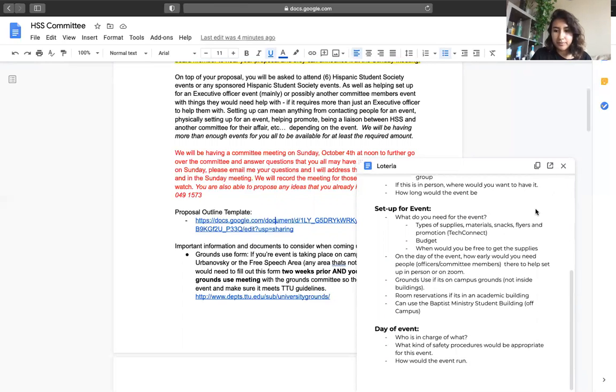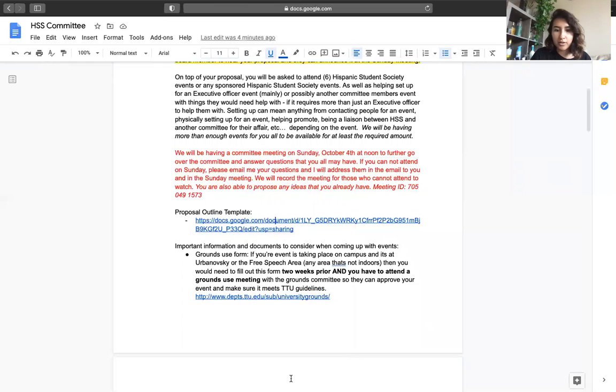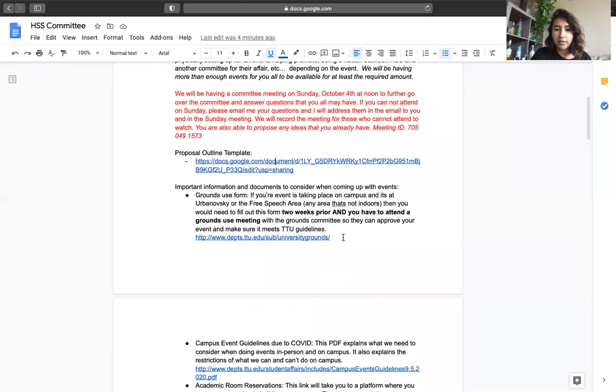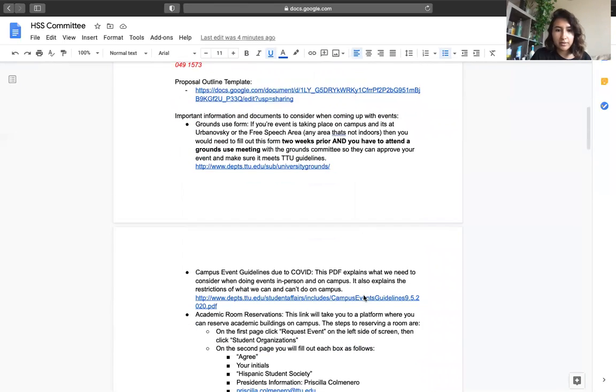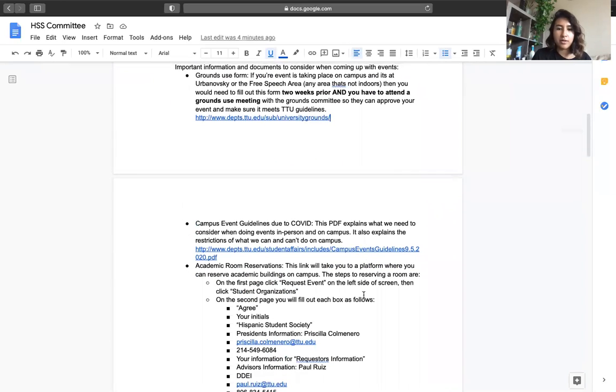But for the proposal, there's a couple other things you have to consider when making an event. The three most important things are ground use forms that you have to submit to the ground use committee. That's if your event is going to be on campus and outside somewhere, like Urbanosity or the free speech area or anywhere that's not indoors.